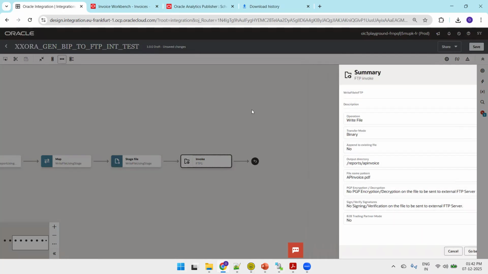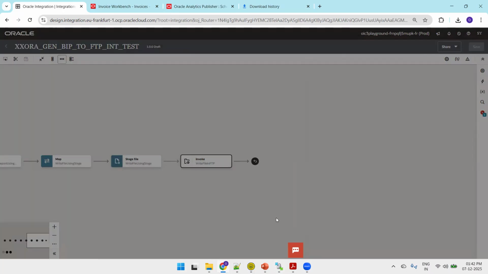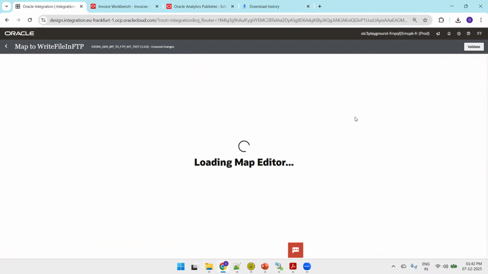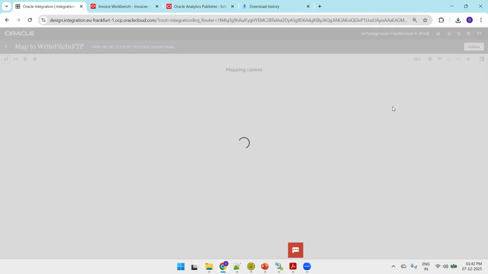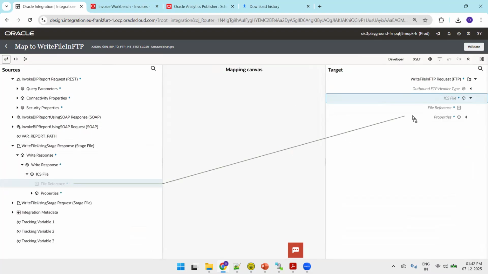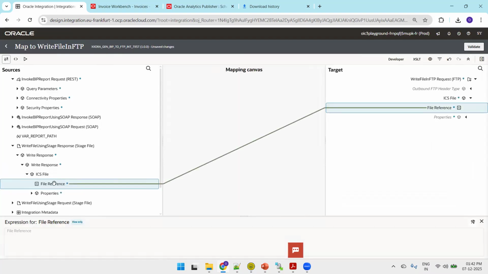That's it. Now here comes the very important mapping property again. So in the mapping activity of write file in FTP, click on the edit icon and set the appropriate properties one by one. In the ICS file, expand the ICS file in the FTP file reference, and in the stage response, expand this one, get the ICS file reference first. This reference, we will just map it. Next one is